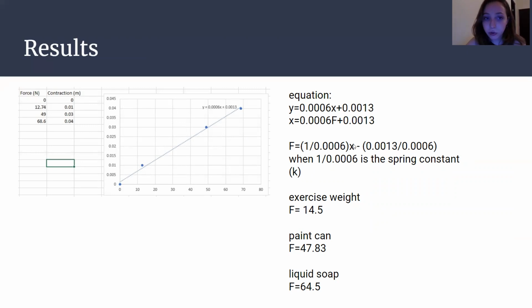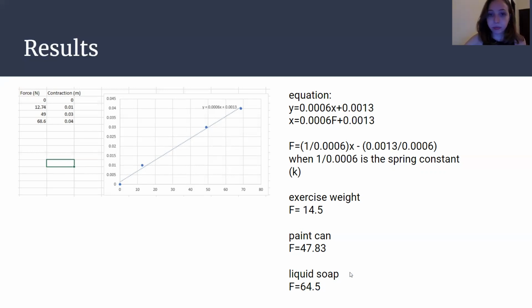So I substituted the X for 0.01, 0.03, 0.04, and I got the exercise weight. The force is 14.5. The one for the can is 47.23, or 83, sorry. And for the liquid soap it is